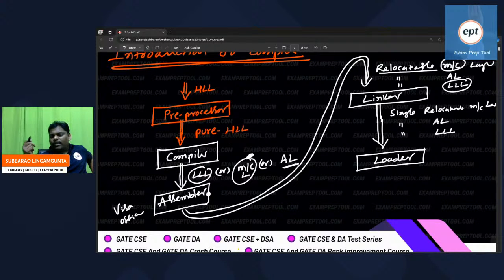Someone is asking, what is the advantage of going from hard disk to main memory? Hard disk is very slow. Main memory is faster. If the memory is slow, then the processor also becomes slow. The processor is the costly one, and you want to utilize it as fast as possible. When the processor asks for data and it is coming from the hard disk, it will take a lot of time. So the processor is unnecessarily waiting, and you are wasting processor time.